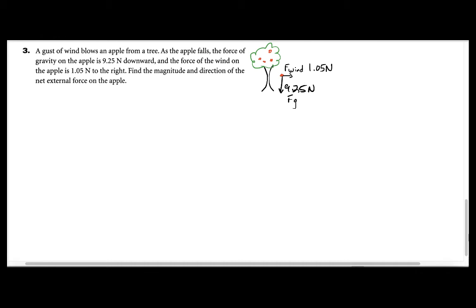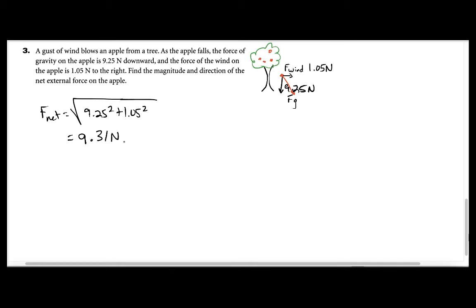So we have a rightward force and a downward force, and so we're going to put those back together into one overall force. The apple is going this way. We're going to put that together into an overall force using Pythagorean theorem. So we'll do the square root of 9.25 squared plus 1.05 squared, and we get